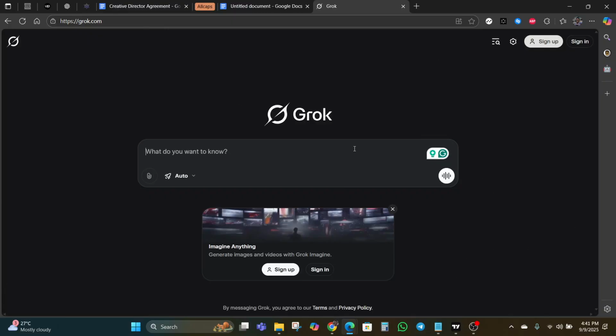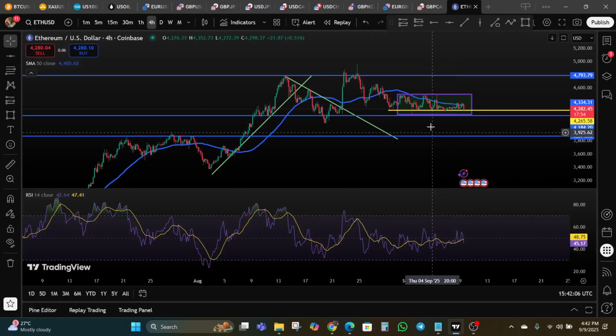AI signals from Grok can show potential entry and exit points. A signal may indicate a trend continuation, maybe a reversal or a market consolidation. Beginners should treat AI insights as guidance and not absolute rules. You want to use the signals that you are getting from AI alongside other tools like support and resistance